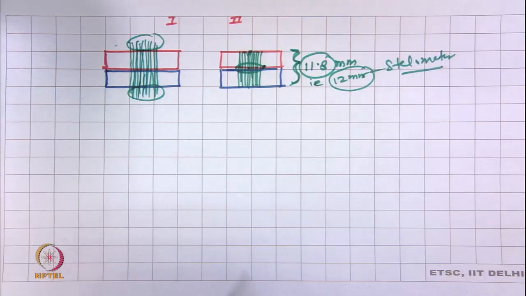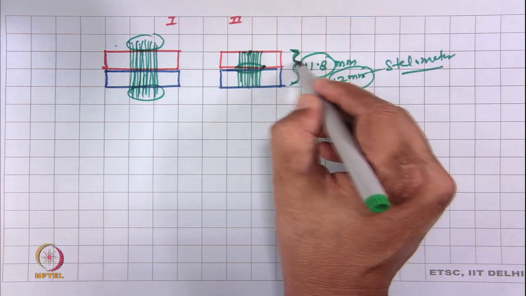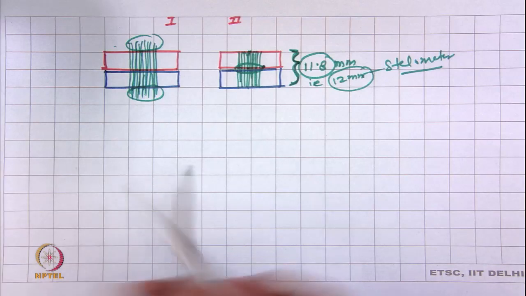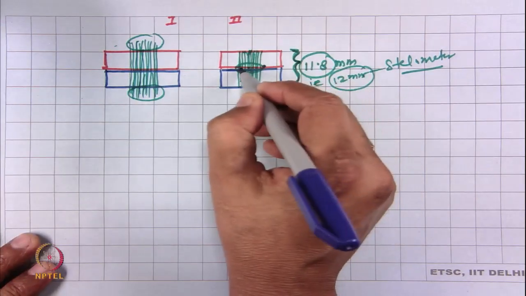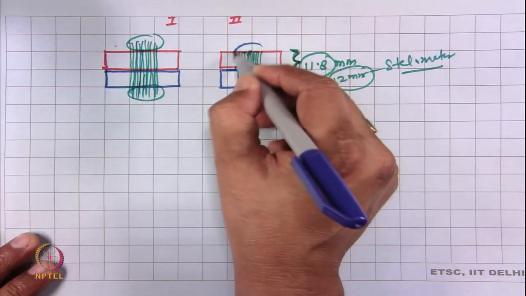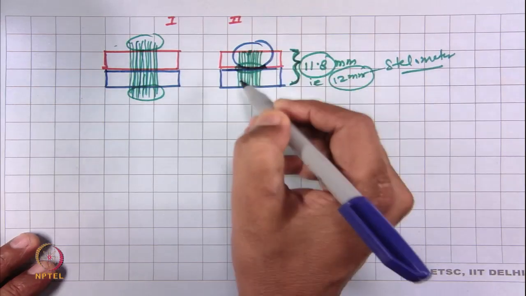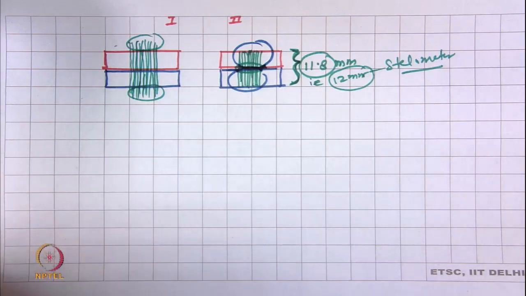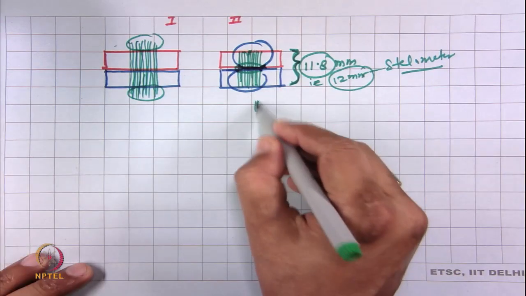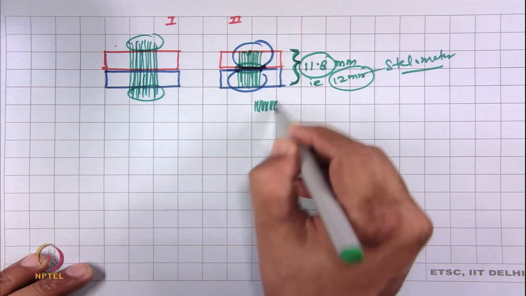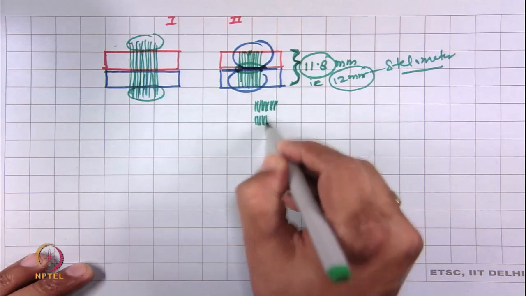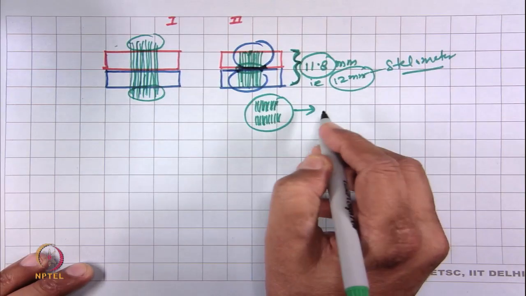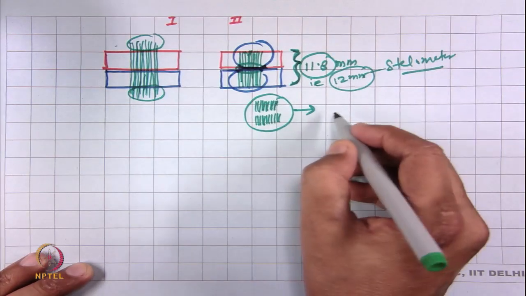Now, this is the gauge length, and after breakage, what happens? This will get disentangled and the fibers will be under the grip of the top jaw and bottom jaw. Then we have to open these fibers, and this is from the top jaw bundle, this is from the bottom jaw, and in total we have to take the mass, and as per this numerical it is 2 milligram.